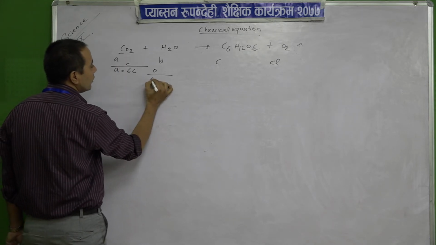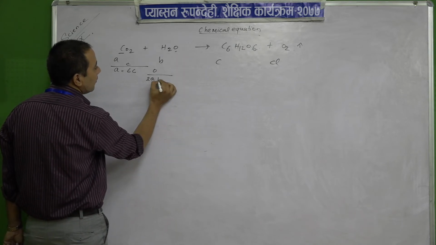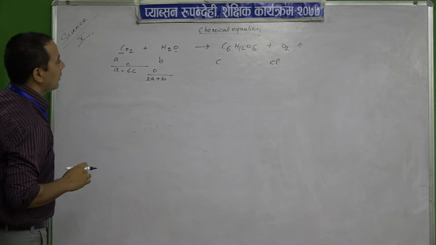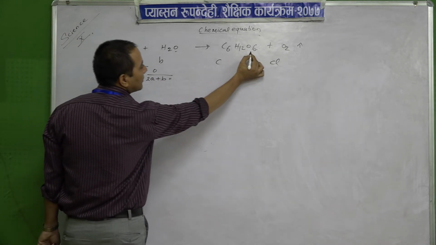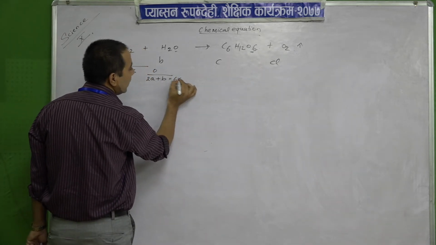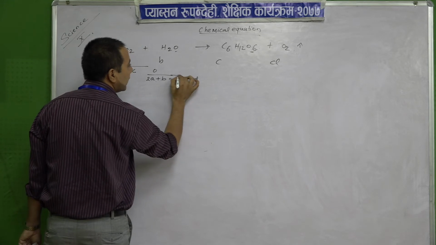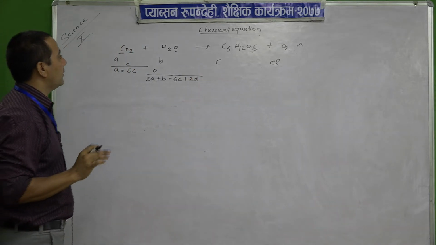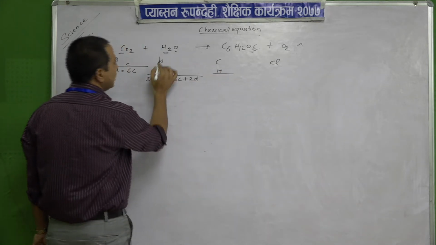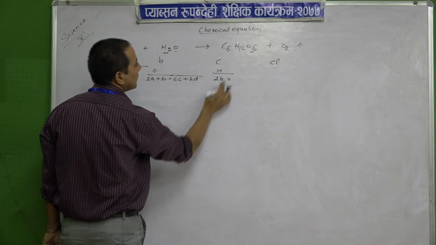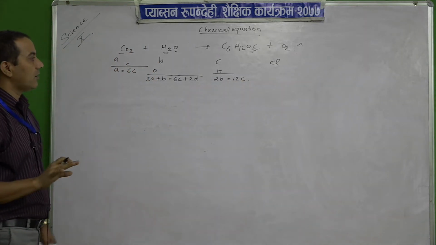Then oxygen. A 2 means 2A equals to, sorry, oxygen here also plus B. Okay, this is not 0, this is O, therefore 1. 2B equals to oxygen how much? 6C, then 2 into D plus 2D. Understand this concept. Then now what is remaining? Hydrogen. Hydrogen is how much? 2B. 2B equals to how much? Here 12 means 12C. So we have plotted our equations.